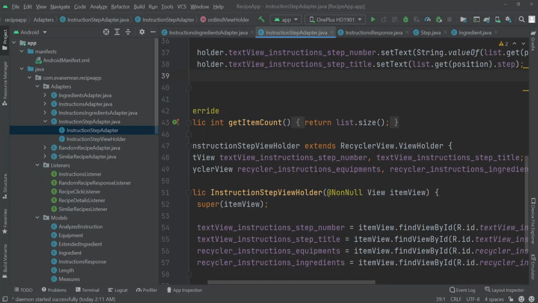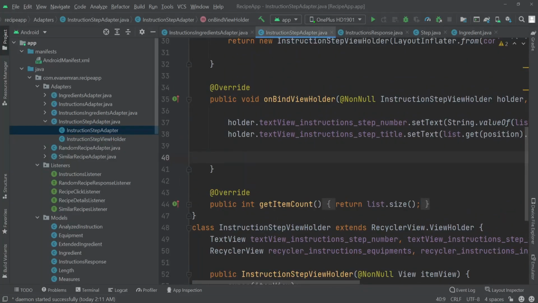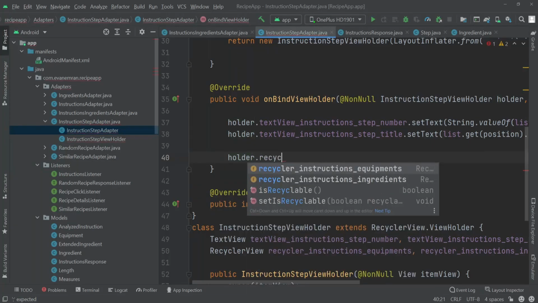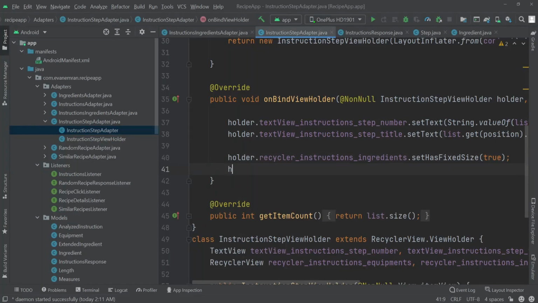So I'll go right after this text view instruction step title, and I'll call the holder dot recycler instruction ingredients dot set has fixed size to true,